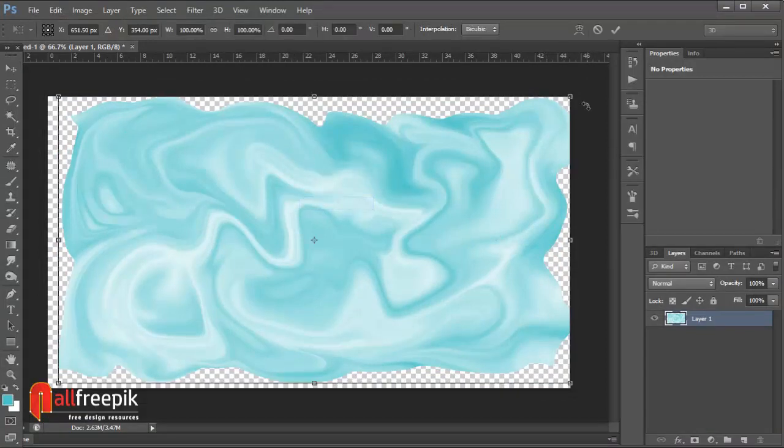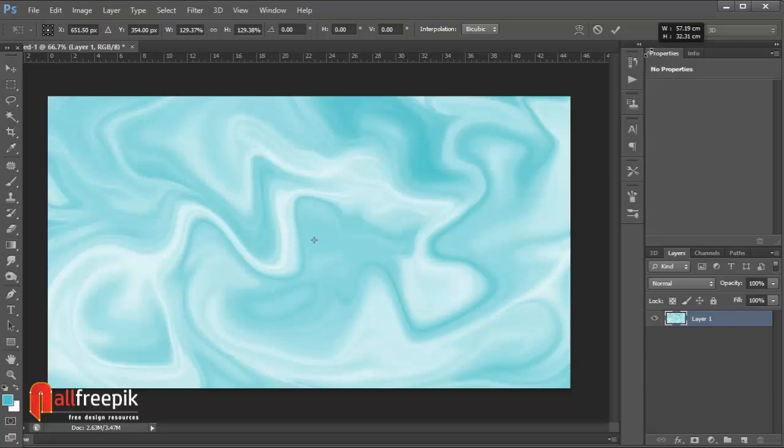Finally, your light colored marble texture is now ready. Please follow the steps and it is an easy way to create a marble texture effect.